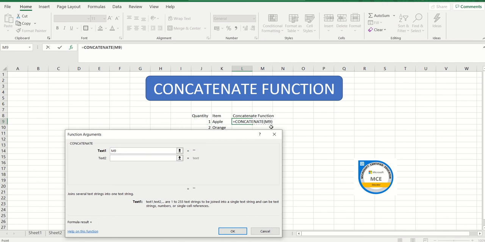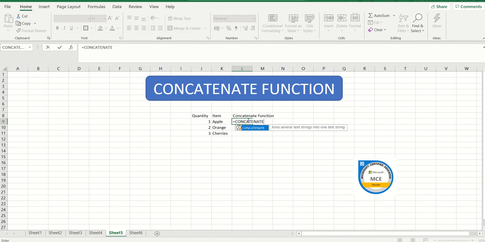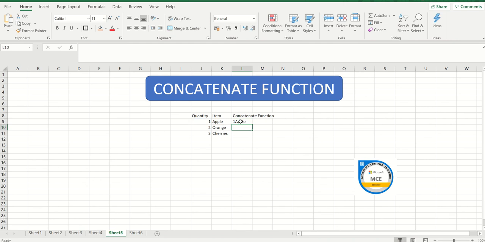So I'm going to use this concatenate function. It is better advice, rather than using it from here, to go ahead and put equals, and then type in concatenate, bracket start, because then I have to put my entry. This is my first entry. Go over here, select it, comma, and then I select the second entry, and then close, and hit enter. So you can see it over here.